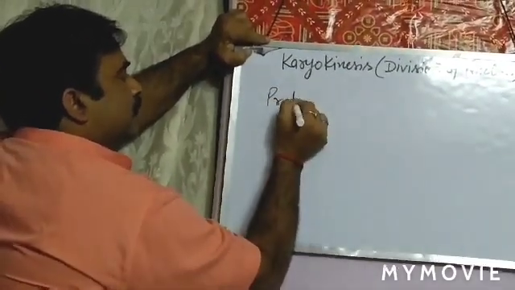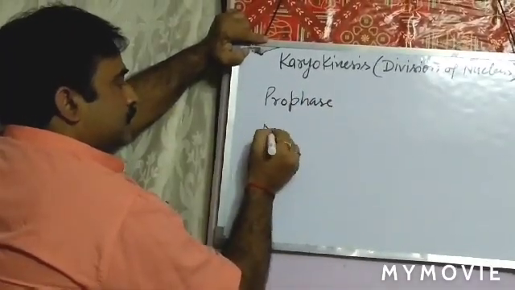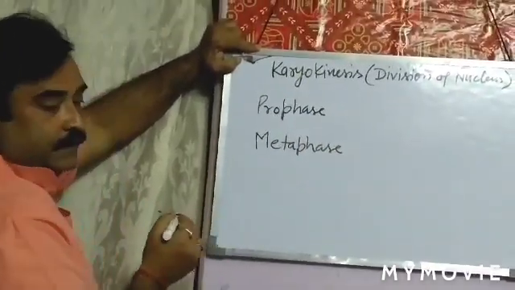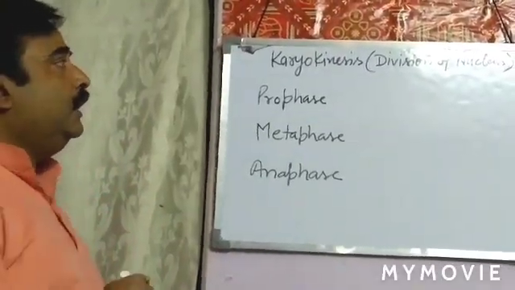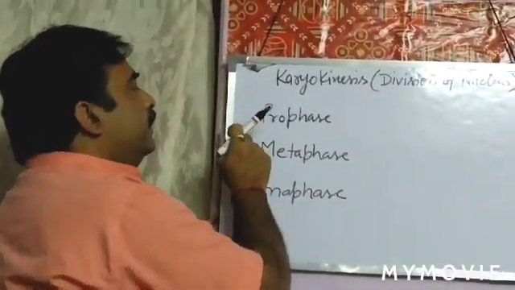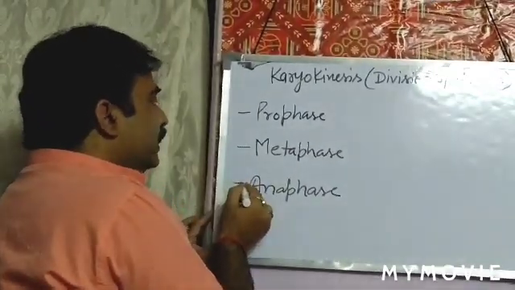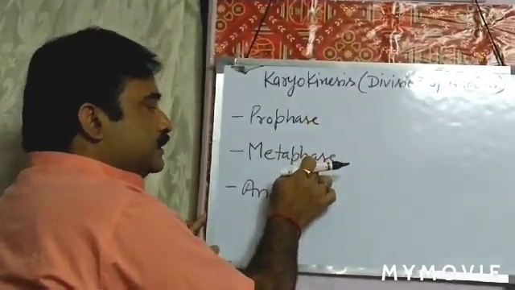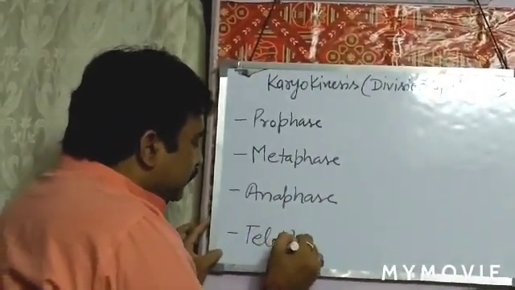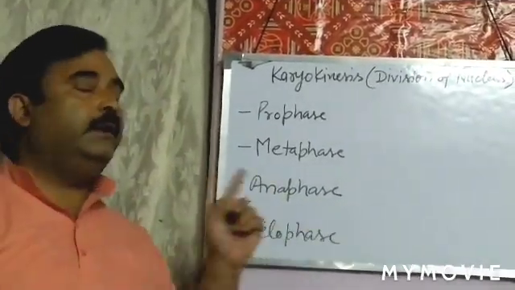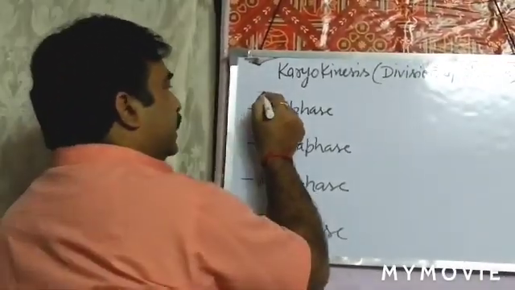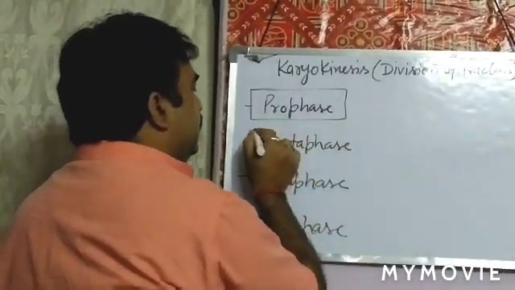The first one is prophase, second one is metaphase, third one is anaphase. Karyokinesis, I already told you, is the division of the nucleus, and it is completed by four phases. The first one is prophase, second one is metaphase, third one is anaphase, and fourth one is telophase. Among these, anaphase is very important, and for better understanding, these phases can be further divided into